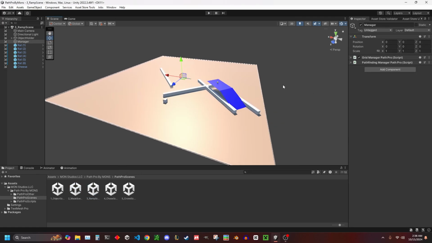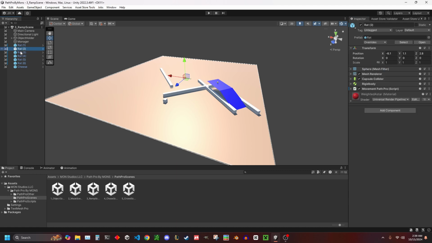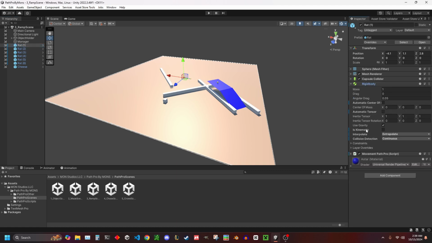All right, in this scene, we're going to talk about verticality. And if you remember, in our grid script, we do have a cell height, and this will change the height of our different nodes. But in this scene, I actually haven't done that, and I like to trick the agents into pathfinding vertically for me. And you think, oh, how can I do that? Well, if we change the rigid bodies to non-kinematic,